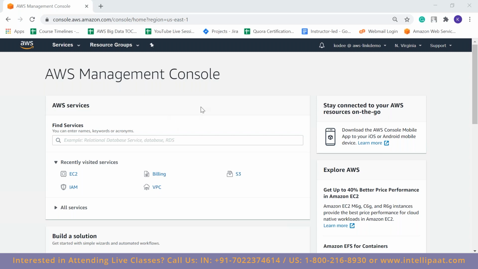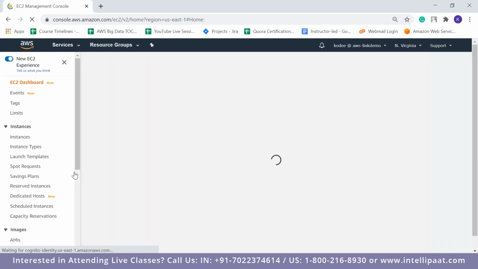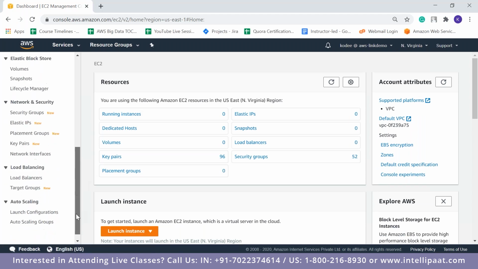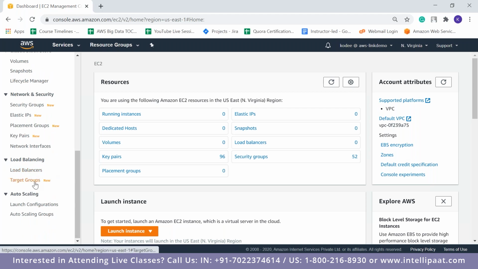Okay, so to start off with load balancers, you will have to open the EC2 service, which is called Elastic Compute Cloud. Elastic Compute Cloud is the service in which you can create servers. You can create servers for a Windows operating system or a Linux operating system. This is how the basic dashboard looks, and you can launch instances directly from here. And in this session, we'll be looking into load balancers and target groups. So this is where we'll be concentrating.